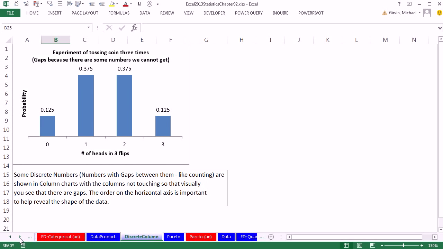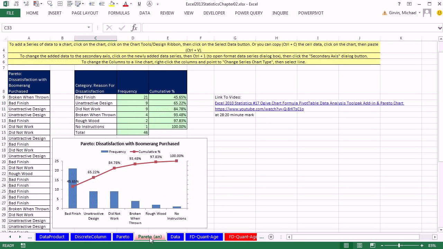The last topic we want to look over on the sheet, Pareto. Now this type of chart is just mentioned in a 1-sentence blurb in the margin. But I did want to show you a picture of it. It's categorical data, data from customers that say why they're dissatisfied with the product. And the only difference here is we have our unique list, our count. The frequency is sorted from most complaints. That's for the bad finish. The next most, unattractive design. The next most, did not work, all the way down to the one that got the fewest selections by customers, no instructions. So this column is sorted.